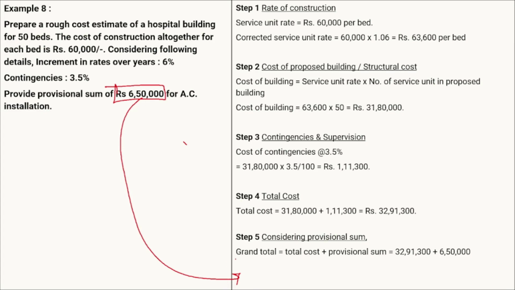Okay, after doing all of the calculations, the contingencies, services, cost of the building, whatever our calculation is, after doing all of that, whatever our provisional sum is or any third party installation is, that should be added at the end of our numerical. So here again we are adding the 6,50,000 for the AC installation as a provisional sum at the end of the numerical. Okay, so therefore we get the cost of the building, or the approximate cost of the proposed structure, as rupees